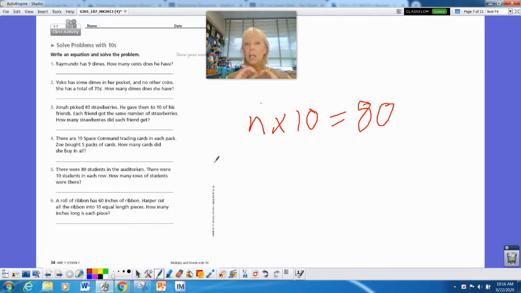The N has no value. It's just holding a place, saying, put a number in here for me. What number do you think it's going to be? So if we know something times 10 equals 80, well, we know our tens. We can count up by them. So 10, 20, 30, 40, 50, 60, 70, 80. I did that 8 times. So in this case, instead of N, we can write in 8 times 10